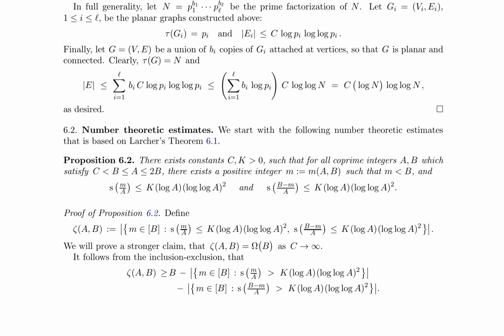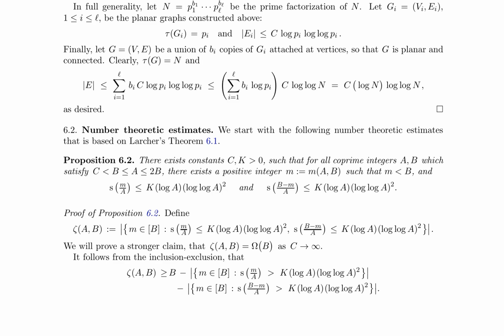The authors then generalize the result to arbitrary n, using the prime factorization of n and constructing a planar graph G as a union of bicopies of smaller graphs Gi, each corresponding to a prime factor pi of n. Finally, the paper provides number-theoretic estimates, including proposition 6.2, which states that for coprime integers a, b, there exists an